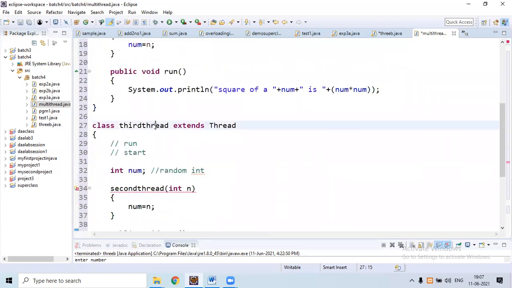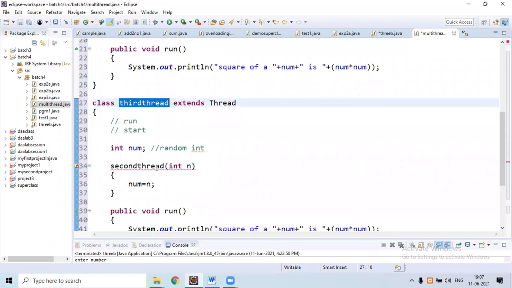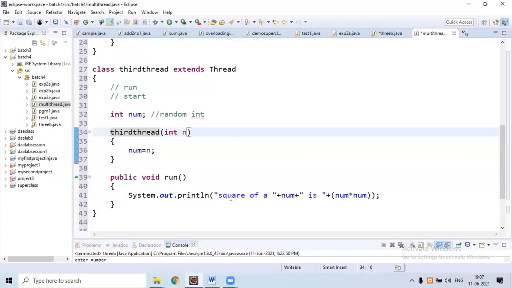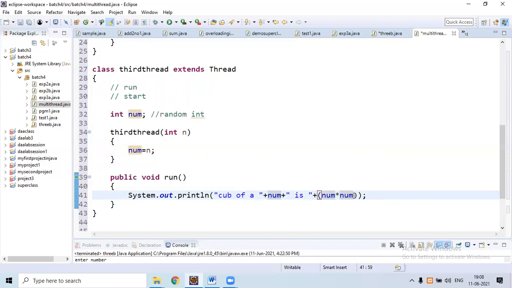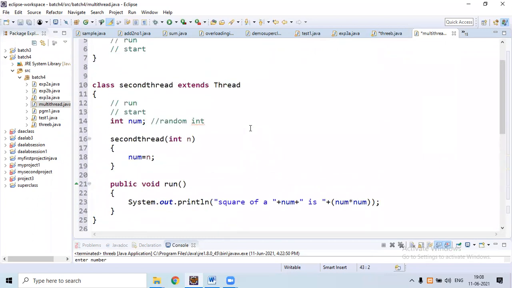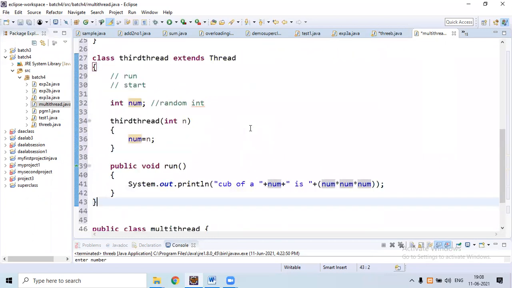Okay, change the class name from second thread to third thread. Here, change to cube. Cube of a num is num star num star num. Yes, we implemented the second thread and third thread.